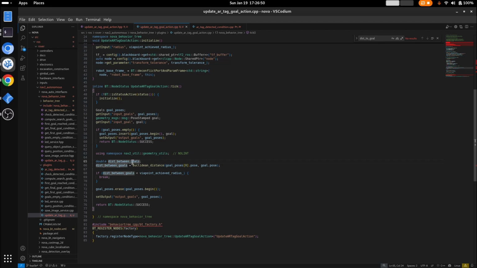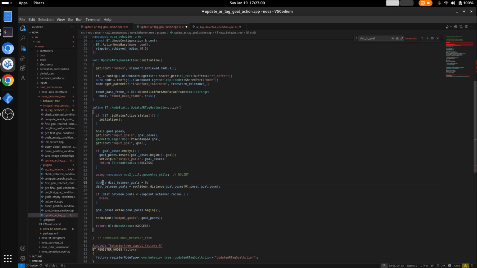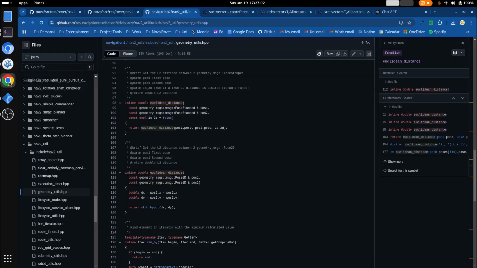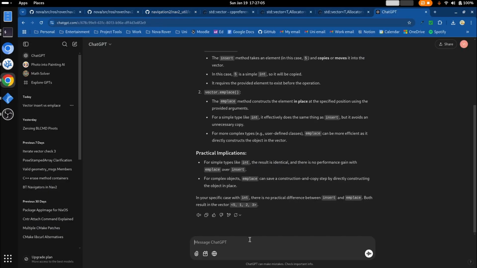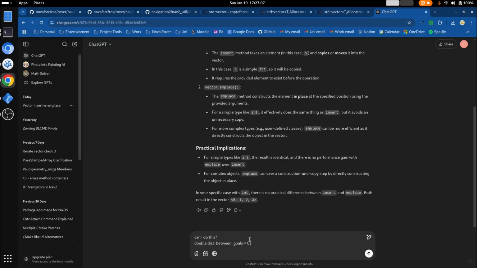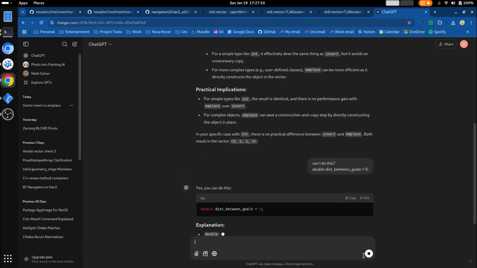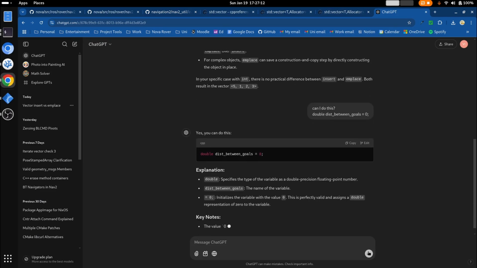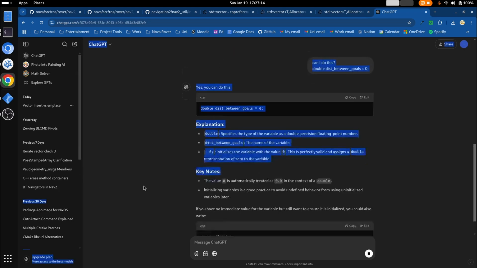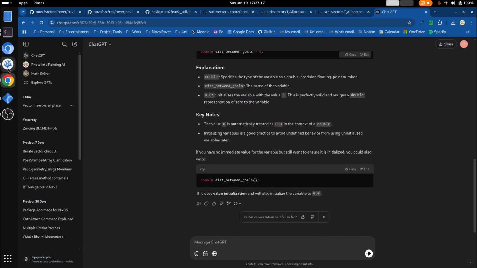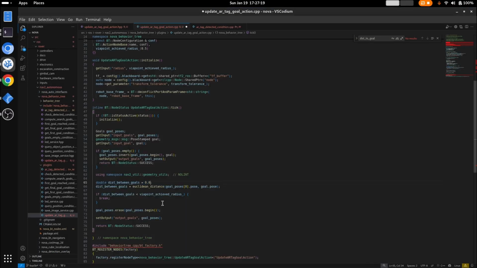can I initialize this to a value? Does that work? Can I do this? Hold up. Well, okay, sure. Great. Yeah, I should probably do point. Sorry, I thought it was an integer for some reason. I should probably do that. So I can do that, and then I can